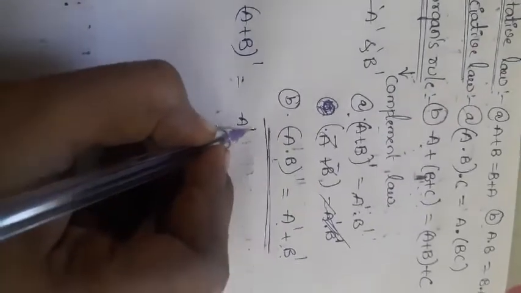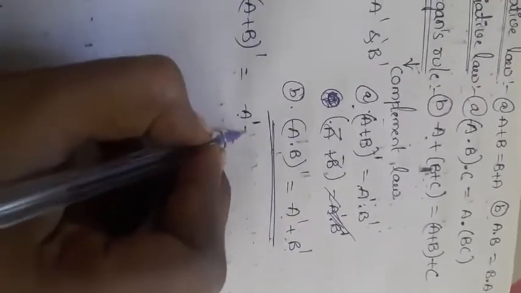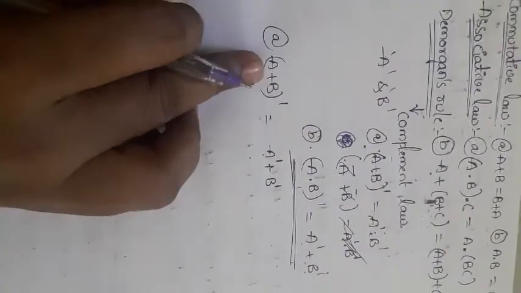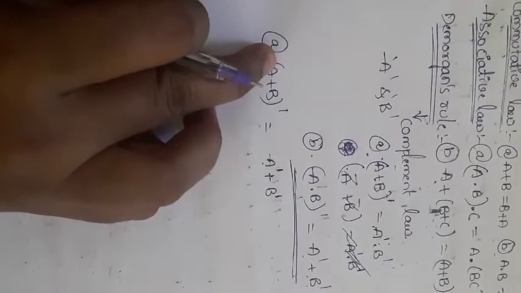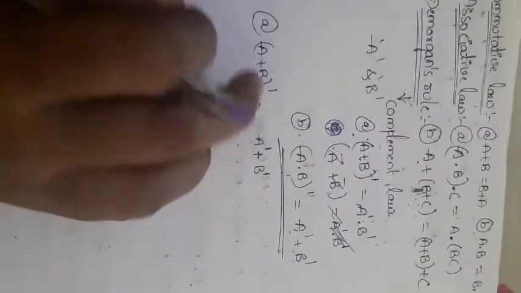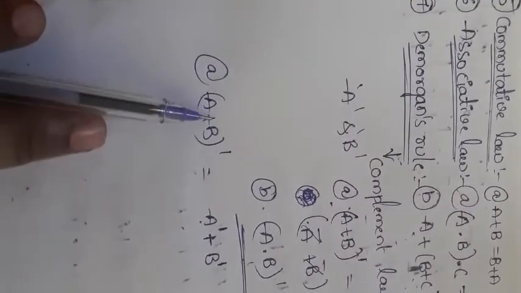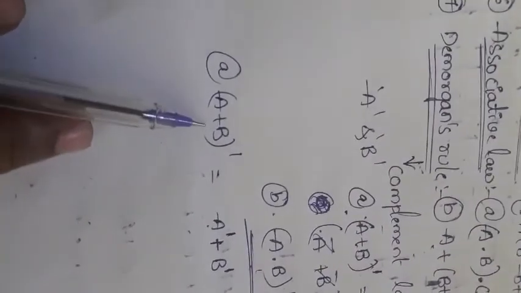So I apply the complement for a, for plus, and for b. Whatever operation we have in between two variables or three variables, whether it is a dot operation or a plus operation,